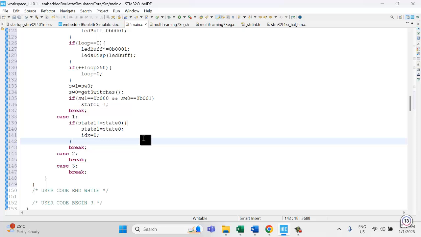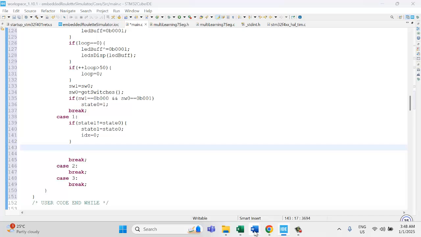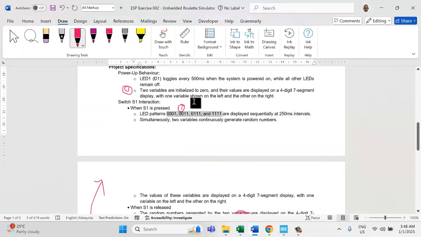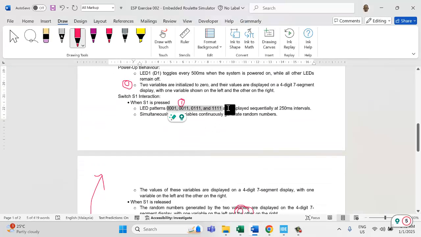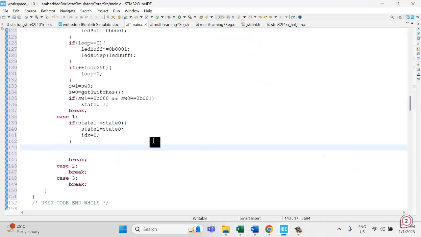Next, it's 200 milliseconds. Then we will change this. All right. So I can say that index is equal to 0 if